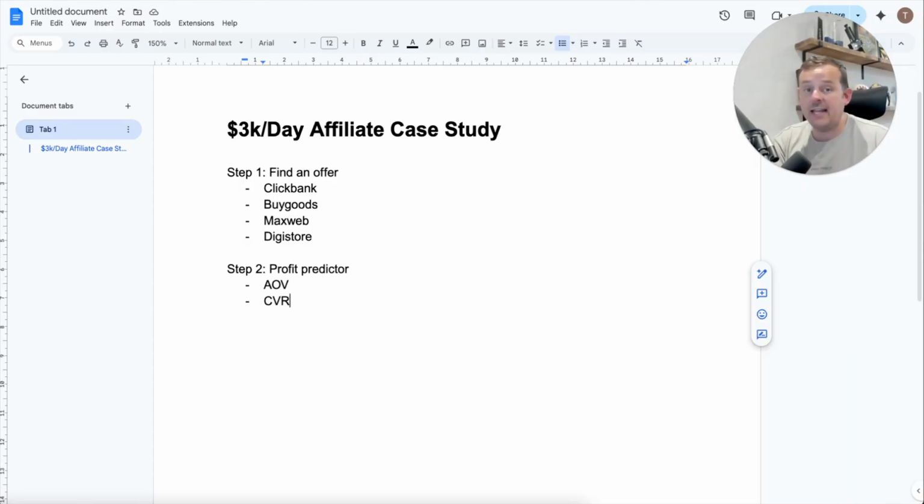You know, I'm not saying it can't be done. It definitely can be done. I'm just saying it takes a little bit more work and also a little bit more budget to make those offers work, right? Now, that same scenario, $100 payout with a 1% conversion rate, but worldwide, well, that completely changes